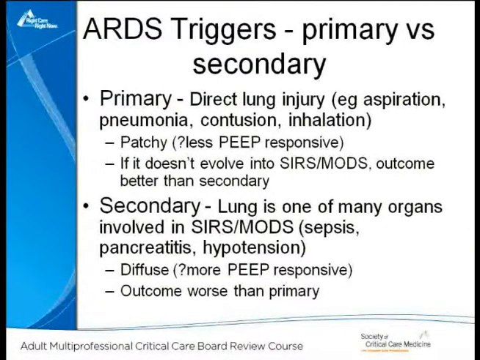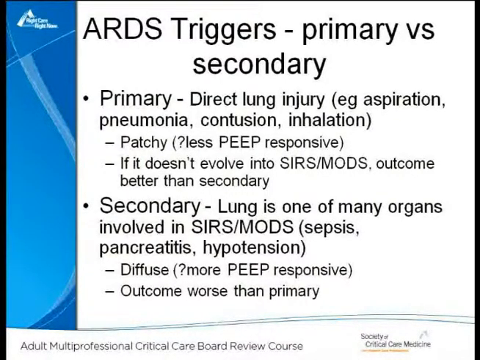For the direct form, the classic examples are aspiration, direct lung infection, lung contusions, and inhalation injuries. These diseases actually tend to be a little more patchy and perhaps less PEEP responsive, although that's controversial. It can evolve, as I said: the lung inflammation can produce inflammatory cytokines that can create a systemic inflammatory response. If it does not do that, the outcome is generally better than if the ARDS is part of a systemic